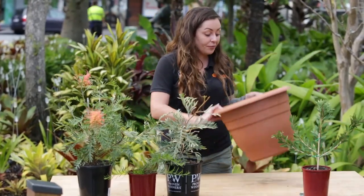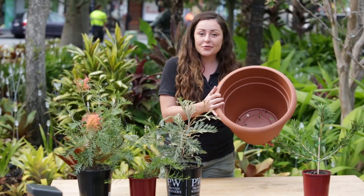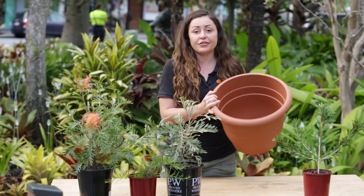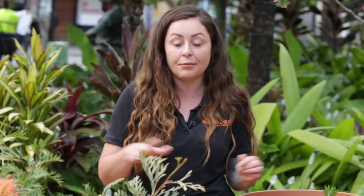be using this pot. Now we do have drainage holes in this pot. It's really important to have sufficient drainage for your natives. It's really important to use native friendly soil, so I've actually brought some specific soil for natives in pots. That's a really good starting point when you are planting out your potted garden, especially if you want them to